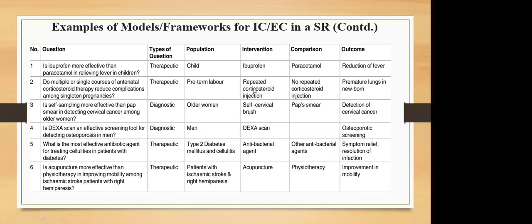Now, our intervention of interest is what? Repeated corticosteroid injection. Maybe in our intervention, we are more about intervention that started from 6 weeks. Any type of intervention that is less than 6 weeks, but is still repeated corticosteroid injection, will be excluded. So now we need to understand something, that when you are formulating your inclusion and exclusion criteria,